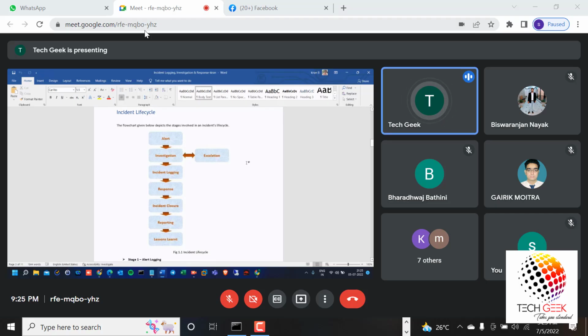It means like L2 person. So here, in this investigation step, we need to escalate to the L2 person. The L2 guy, like a senior security analyst, will do the investigation and decide whether it's true or false. If it is false, he will close the ticket. If it is true, he will inform the customer or the manager.